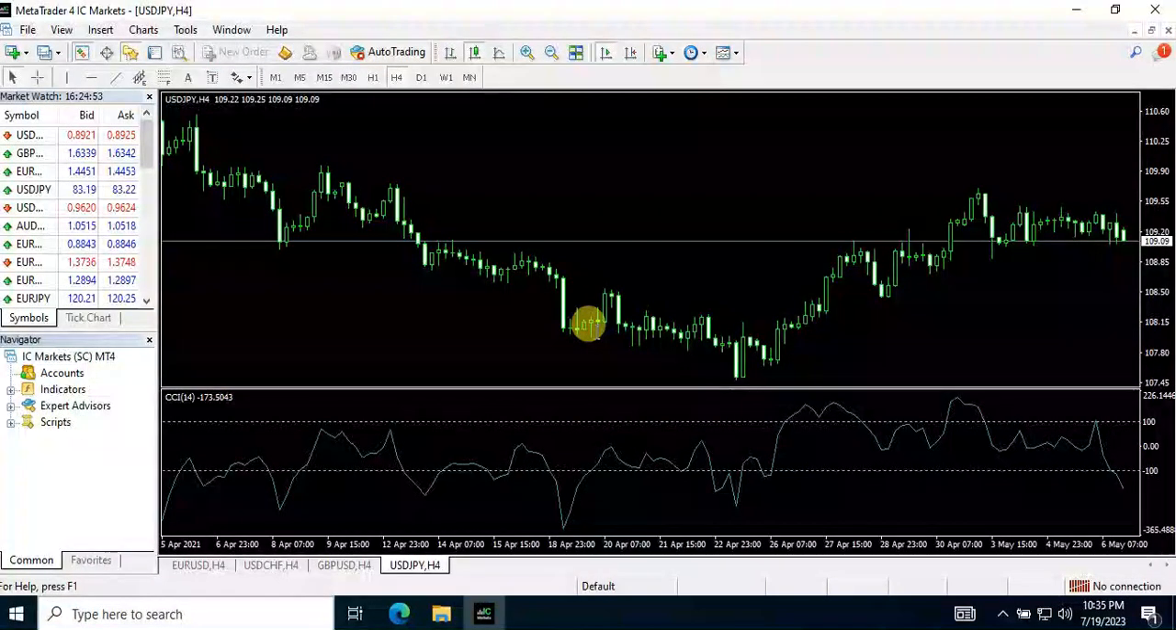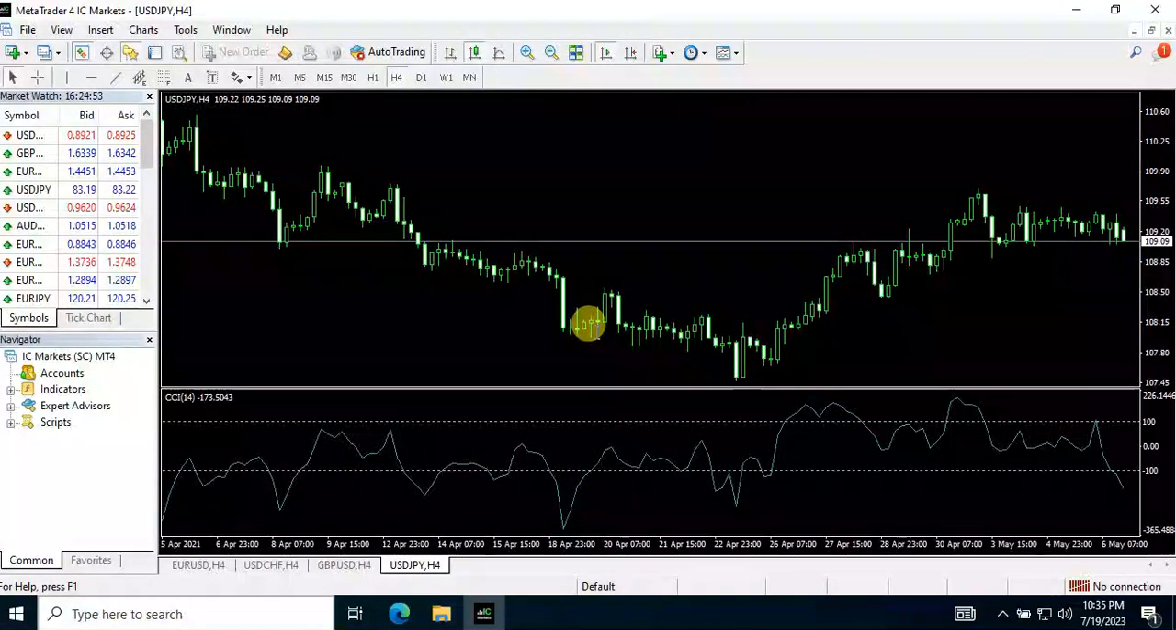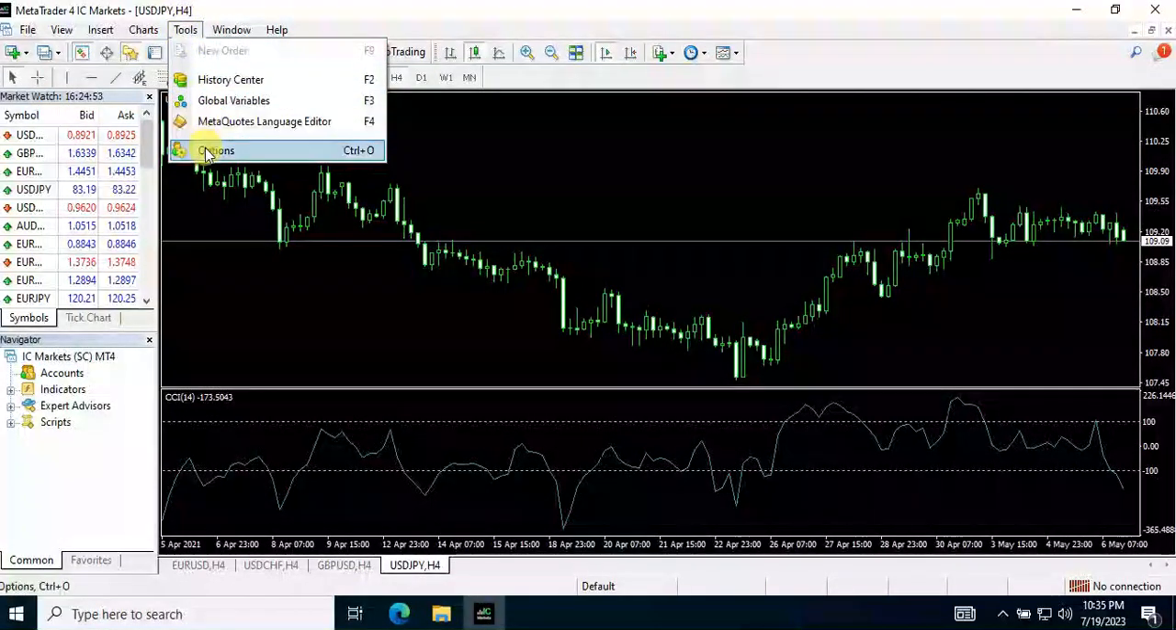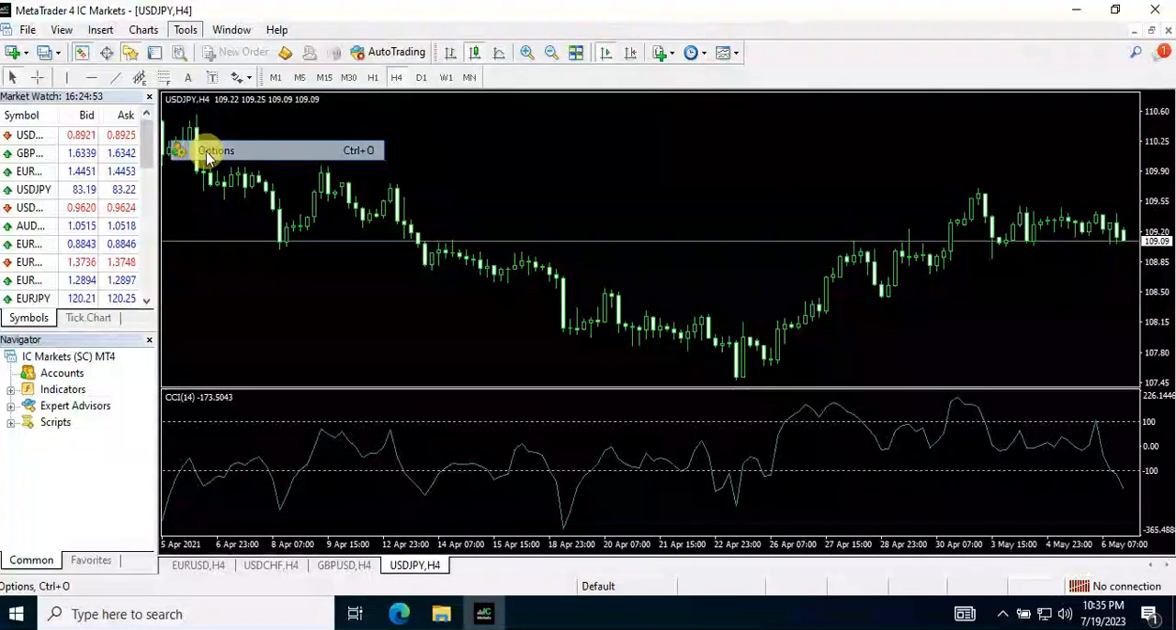Welcome to today's tutorial on how to fine-tune and speed up your MetaTrader platform. For this purpose, click on Tools, then open Options,